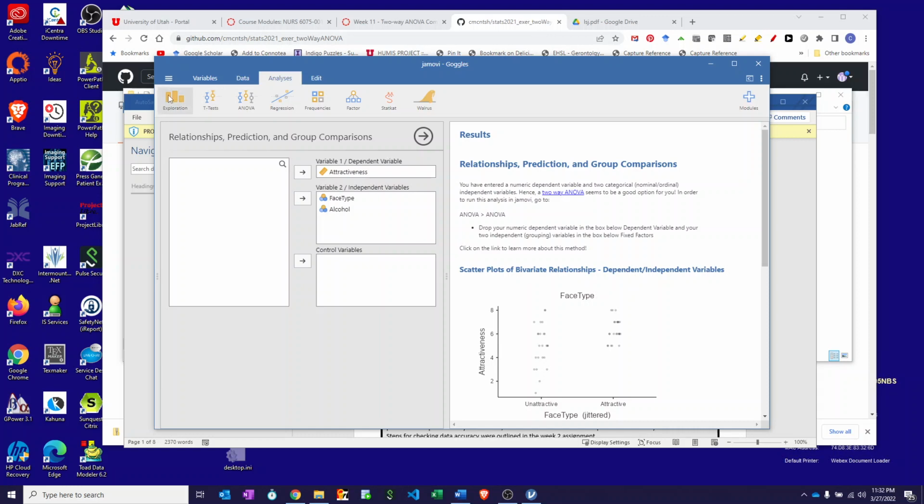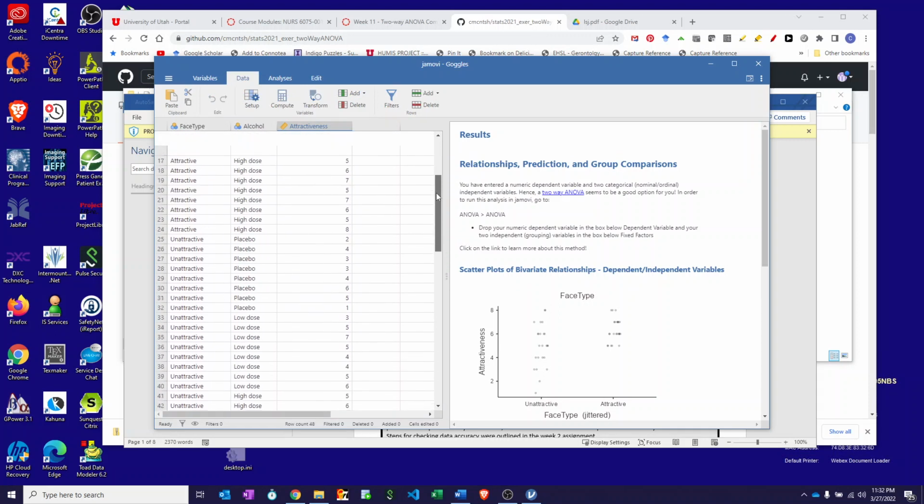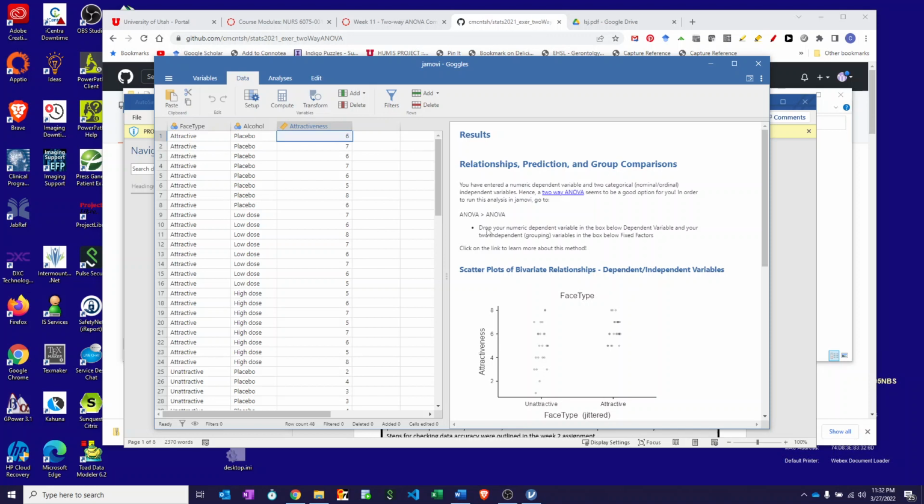And as usual, before we do anything, we're going to do some descriptive statistics to make sure our data are clean. You can take a quick look. This isn't a very big data set, and we don't have any missing data, and things looked okay as far as no misspelled categories or anything like that. But we always do get our descriptives, so we'll go to Analysis, Exploration, Descriptives,